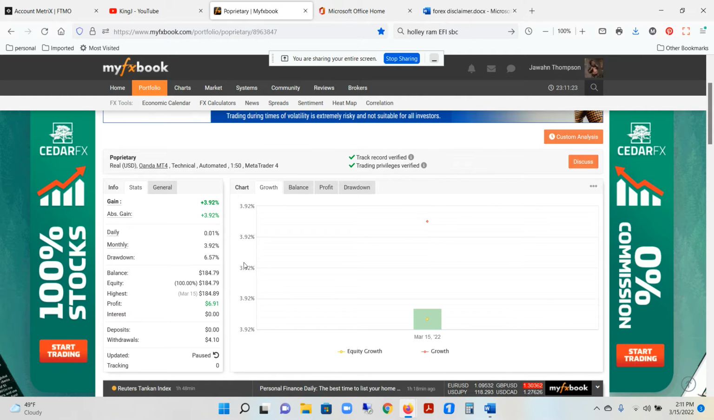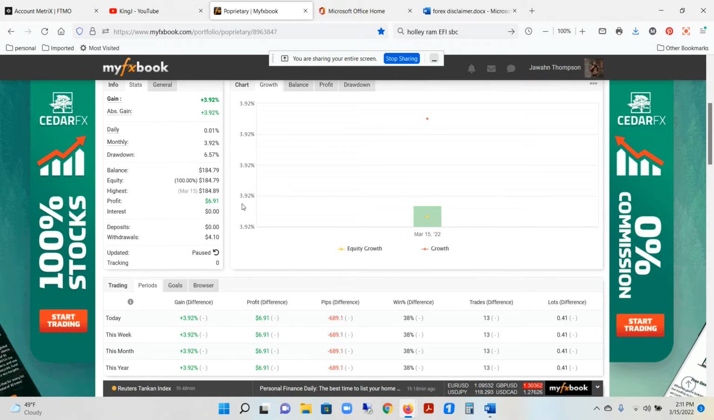The higher your risk to reward is, the more accurate you're going to have to be. You have to be pretty damn accurate, you know. But it's all in line. So